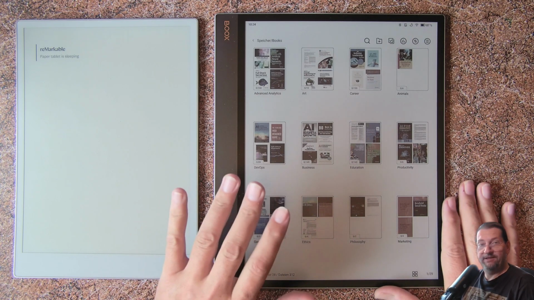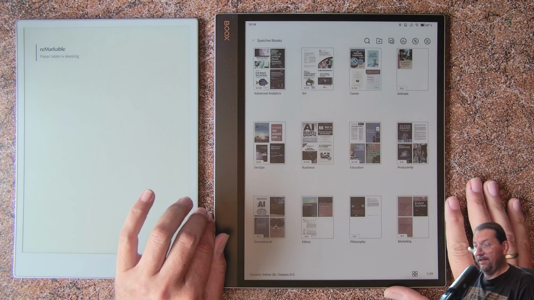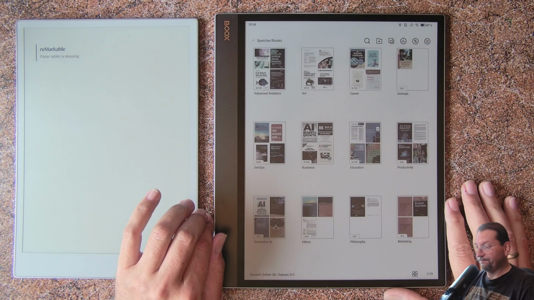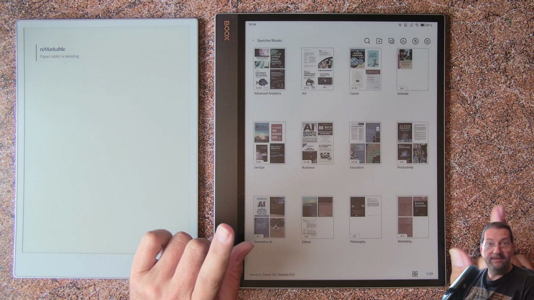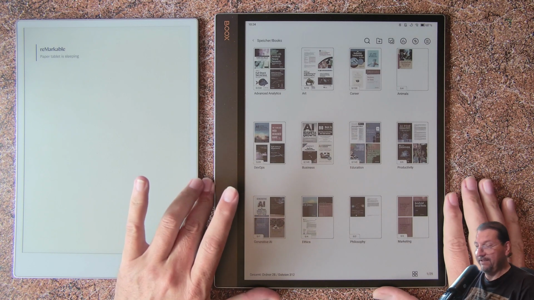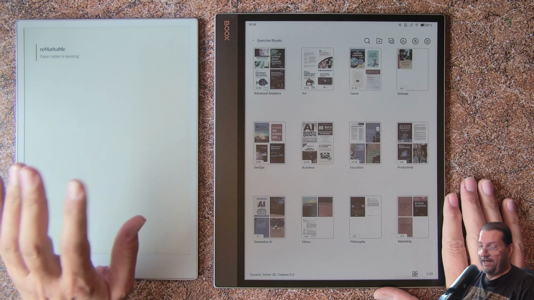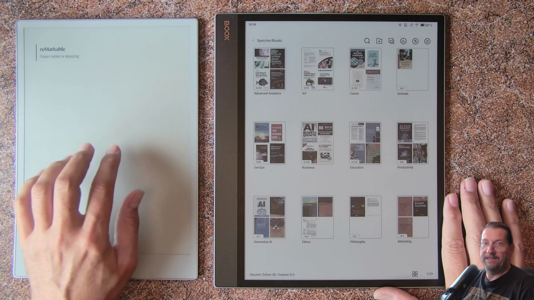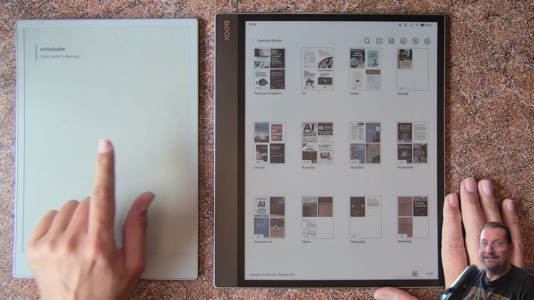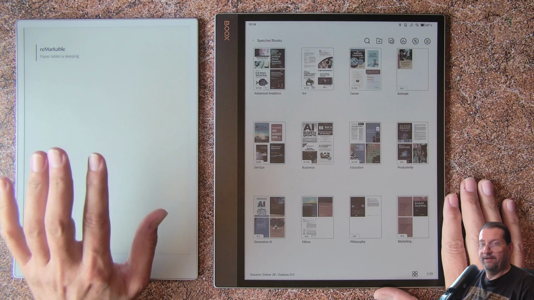It makes the use of this library feature unusable for me. Point number 2, and this is something you should have in mind as well if you're coming from a reMarkable, and I know there have been a lot of discussions that this is mainly a note-taking device, but it is a very, very